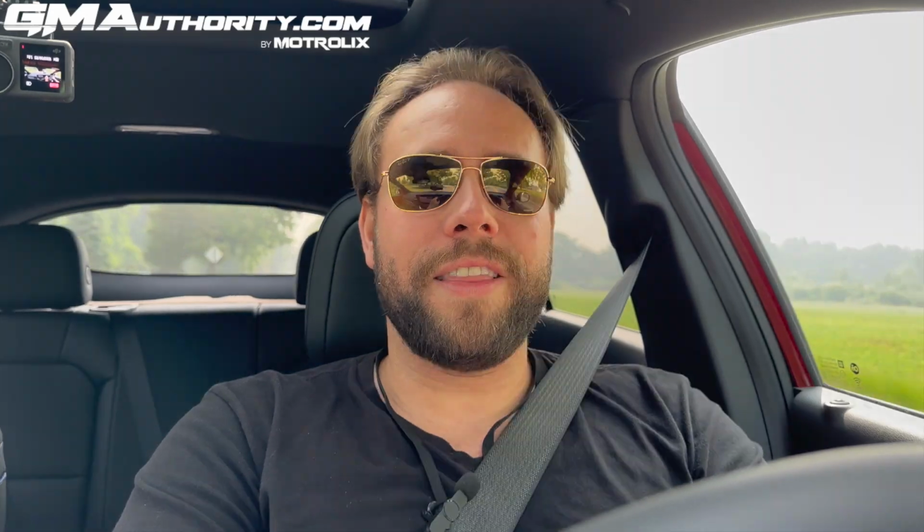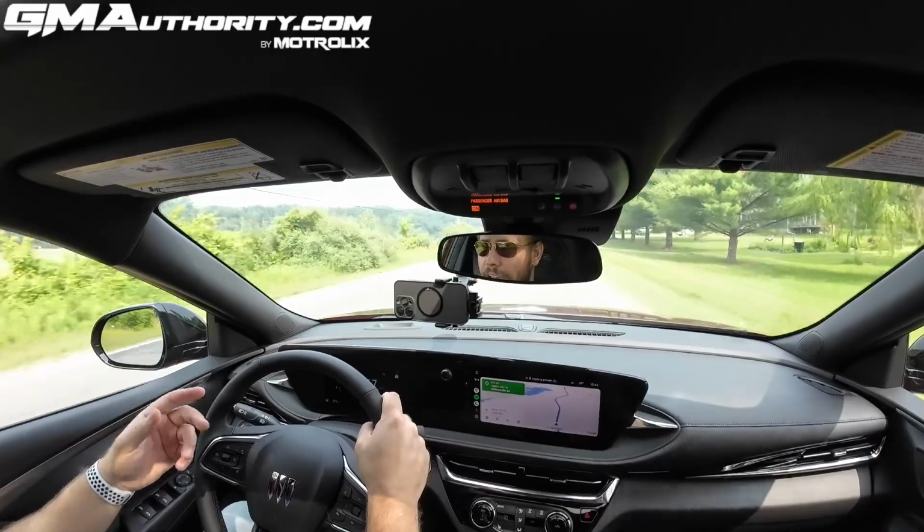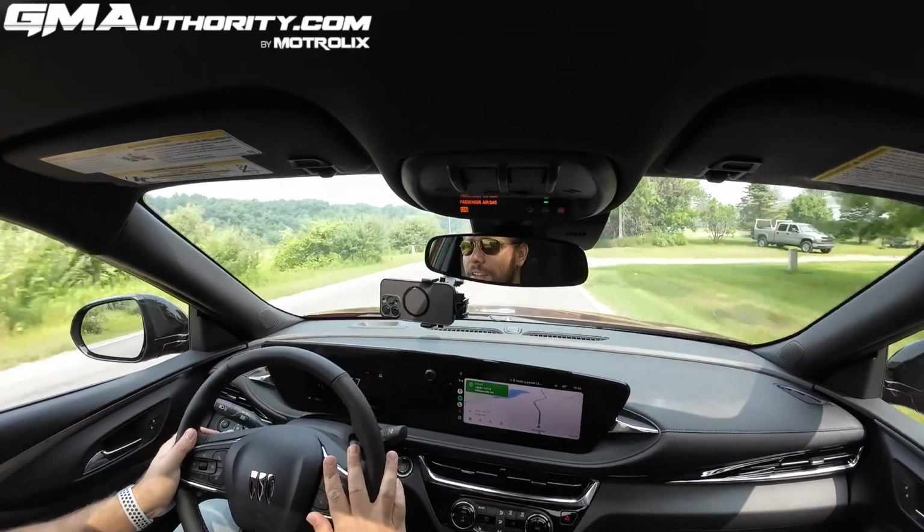That is part of the equation here, and I think that aligns really well with Buick's overall market positioning, right? Buick, over the last decade, has become positioned as this kind of premium brand that is not necessarily a luxury brand in the full vein of being a luxury brand, but it is certainly above mainstream brands like, for instance, Chevrolet. And so in that regard, the softer tune to the suspension delivers a more relaxing ride,